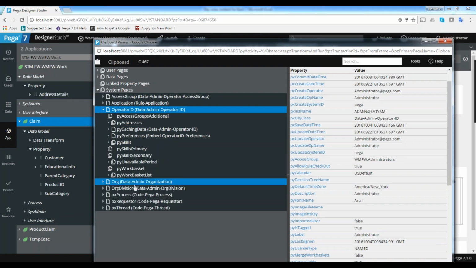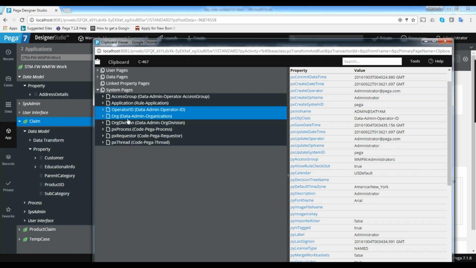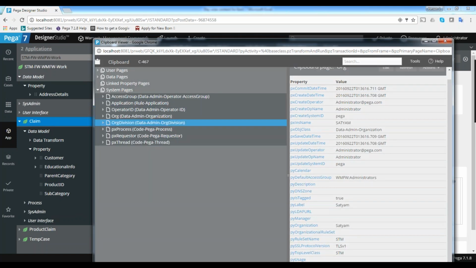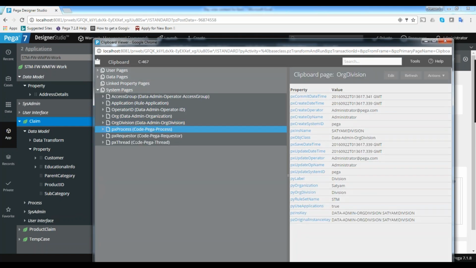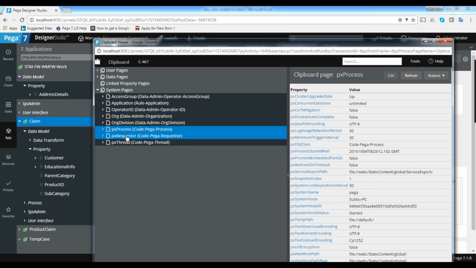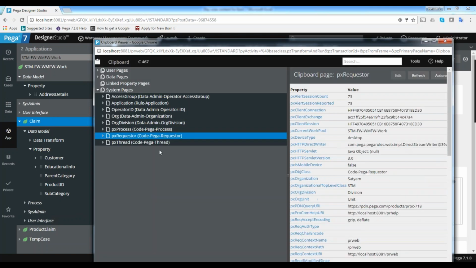Expand it, you can see a lot of information again. Whatever information you define in the operator form, you can see those things: PY scales, address, contact functions, everything will be seen here. Work baskets, unavailable from, everything is there. Then the organization division, and then process: what processes we are using, what the requestor and session are. That will be seen here in the requestor. What is the thread?